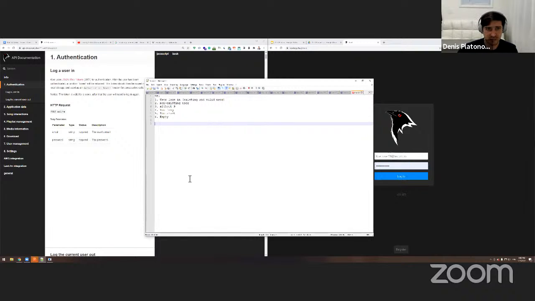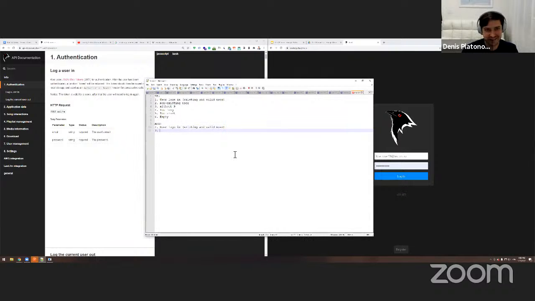So let's see about the API now. What will be the API test case? Yeah, user authenticates, right? I can copy and paste that.